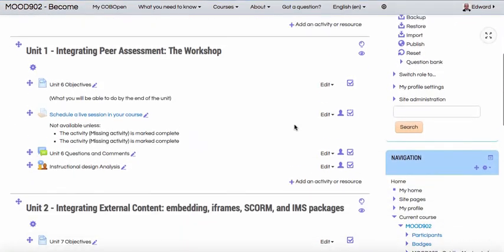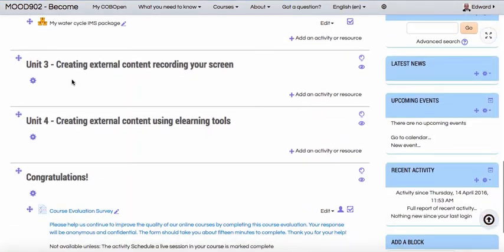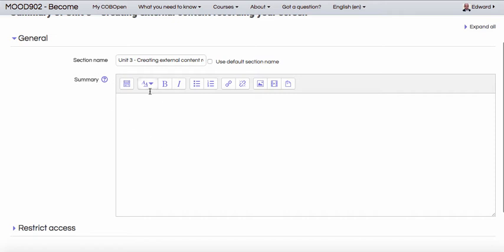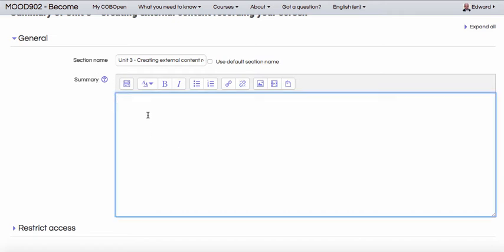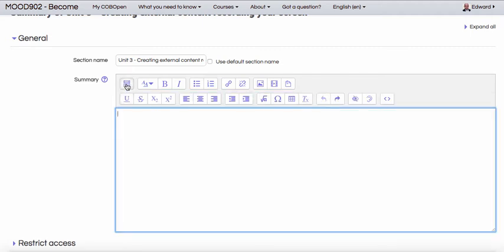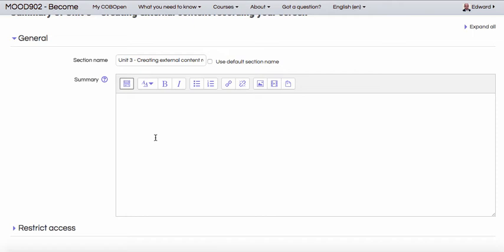And again, we're going to go into Unit 3, and we're going to go to the summary to input the video. Now, we can't input it directly into this. That's not going to work, so let me undo that. What we need to do is put it in as HTML. Now, the HTML button may not appear automatically, so in order to do that, you click on this Add More or Show More Buttons link,